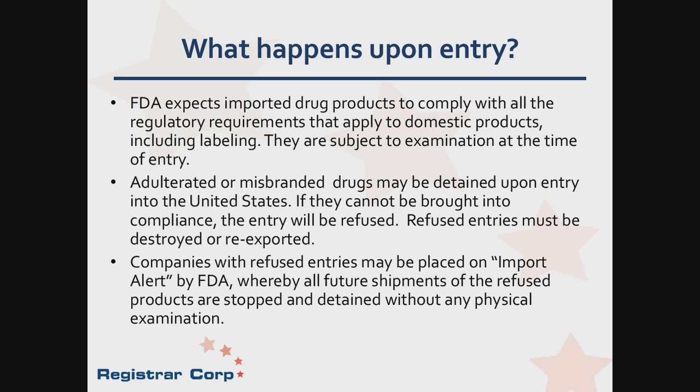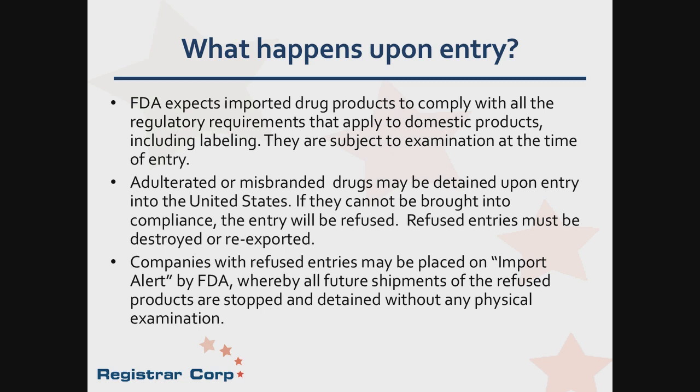The reason why it's important to understand FDA's role in regulating drugs and the regulations that govern them is because of what happens upon entry. FDA expects all imported drug products to comply with the same rules as domestic products, and this includes labeling. So any product that comes into the United States is subject to examination at the time of entry. Particularly for new shippers or those that are shipping high-risk products, the chances of examination at the time of entry can be very high. If a drug is adulterated or misbranded, it can be detained upon entry into the United